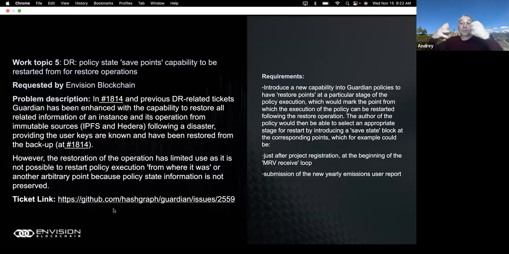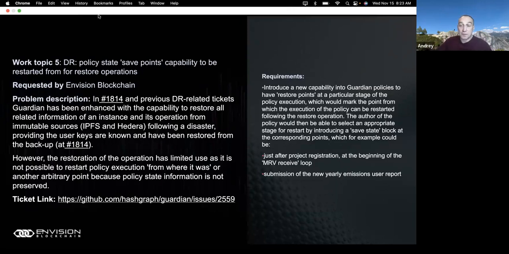And the limitation is mostly to do with being able to continue the policy execution. So at the moment, you can restore the data, you can view data, you can see trust chains and everything, but you can't continue policy execution. If there is a project that's been in development, you would need to start or restart it from the point where it is now as new, effectively. So this ticket proposes the creation of save points in the execution of the policy, where even if you restore it from the distributed storage, you can restart the execution of the policy and the project from that save point on.